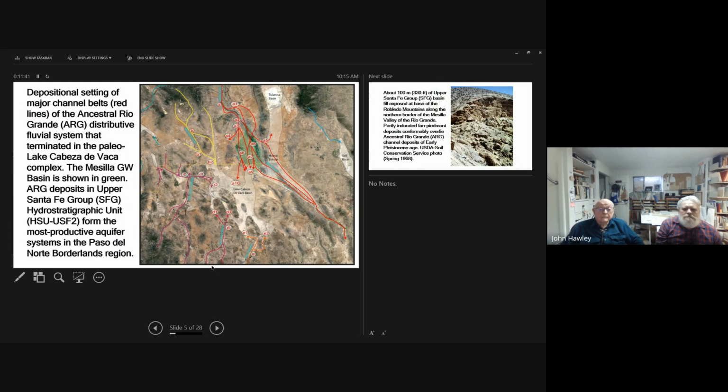This is a large Google image, a fairly recent one, in this case from about 2017, which shows Paso del Norte right here where the cursor is.